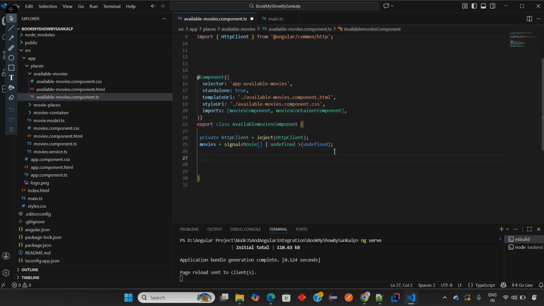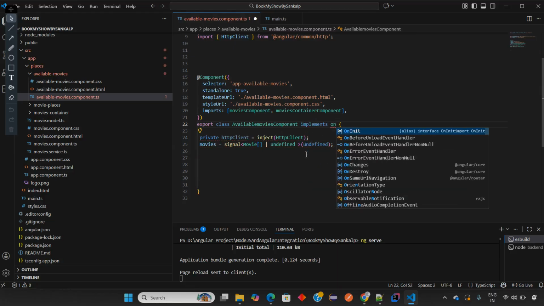So firstly, we have to use this dot. The component will be loaded first, then we have to add the logic. It means when one screen is loaded, then we have to display the movies banner. Then we have to implement